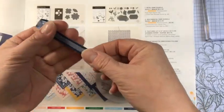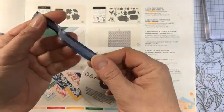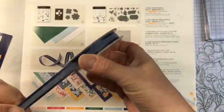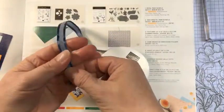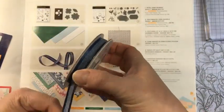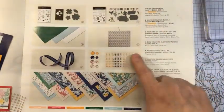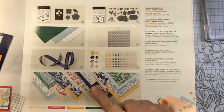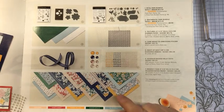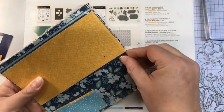And then the pretty thing is the ribbon. Night of Navy bordered ribbon, and I actually got this free at On Stage, so I immediately tied it into a bow when I got it, and I had to show it to the rest of the ladies at the table, and I have not used it on a card yet, so that has to make its debut tonight. And then the other thing is the paper, and I gotta tell you, the paper is my least favorite paper in the catalog. I don't know, the colors are just very